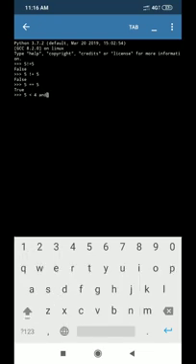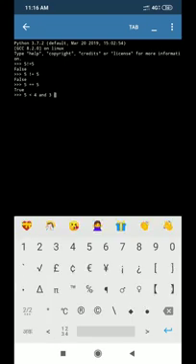If you want to compare more than two numbers, then you need to put the and or operator. Here you can see the result. 3 is greater than 1.